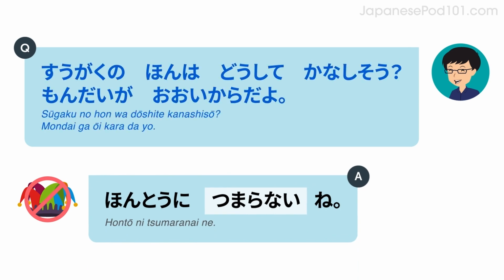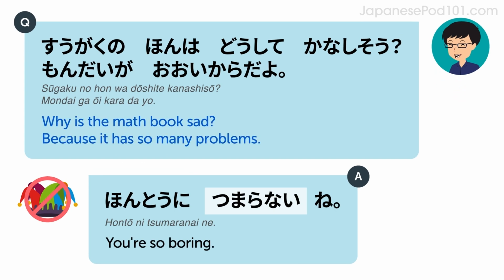数学の本はどうして悲しそう？問題が多いからだよ。本当につまらないね。Why is the math book sad? Because it has so many problems. You're so boring. 本当につまらないね。